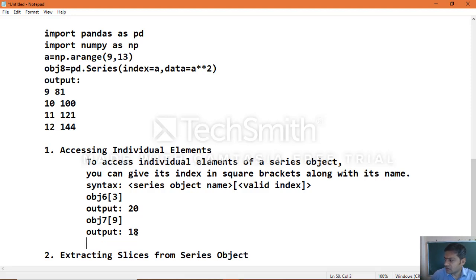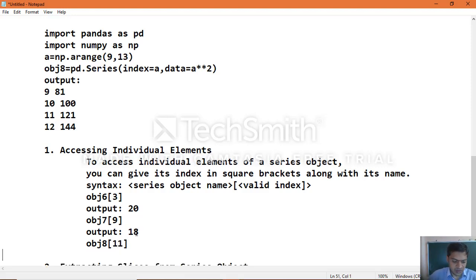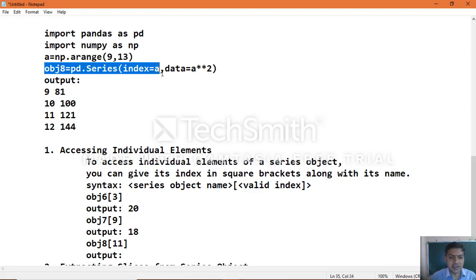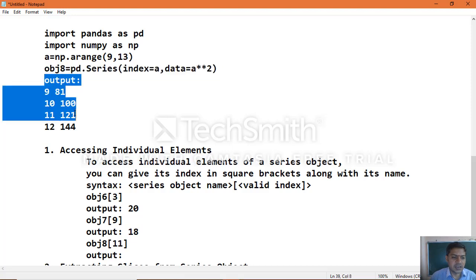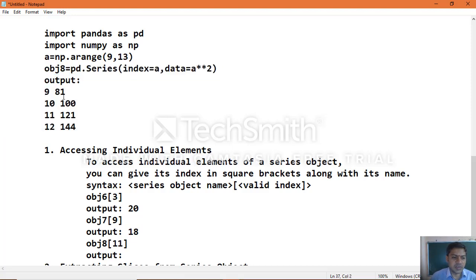Same way, another example, obj8 of 11, the index number, which you execute. See here the object 8 which we created, and the output we got; the first column represents the index, the second column the data.